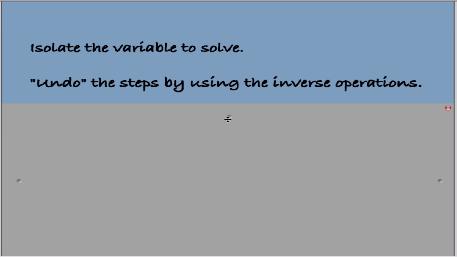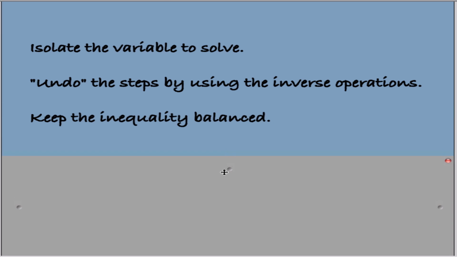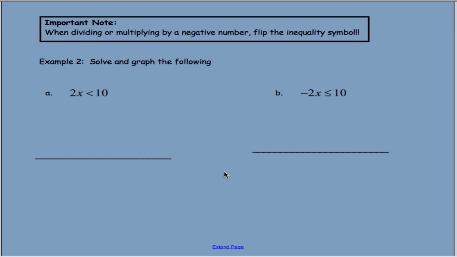We want to sort of do the opposite of what we see, and at the same time keeping the inequality balanced. Whatever you do to one side of the inequality, you must do the exact same thing to the other side. So those steps are all the same as what we've been practicing with in solving equations. The only thing that's new for inequalities is that when we're in a multiplication or division step and dividing by a negative number, the inequality symbol gets flipped around and faces the other direction. So this is why it's so important to keep things organized and to show your steps like we've been stressing